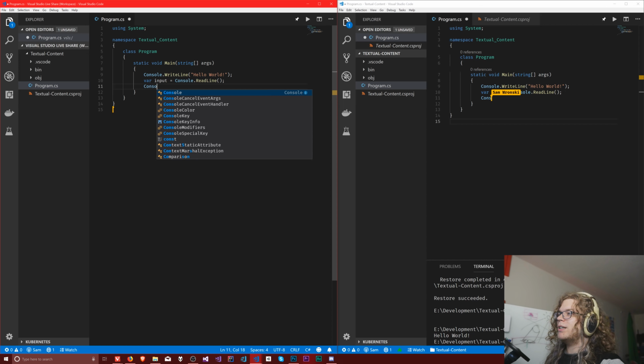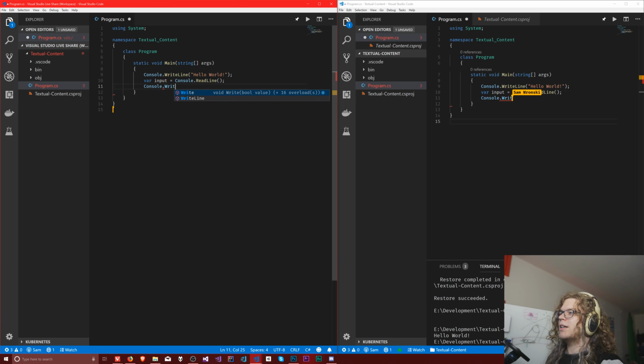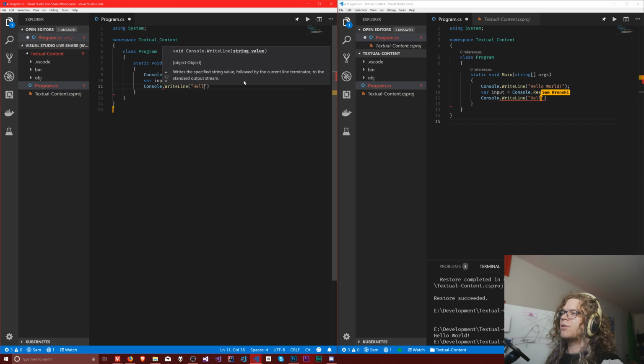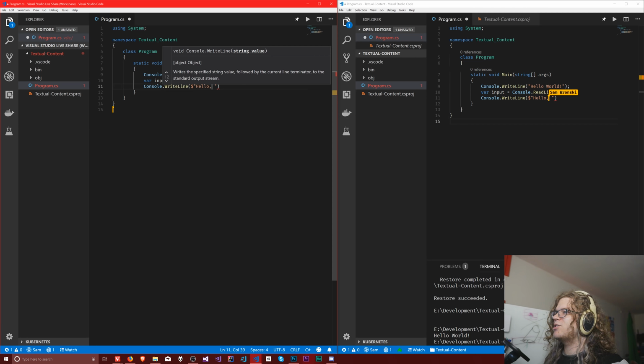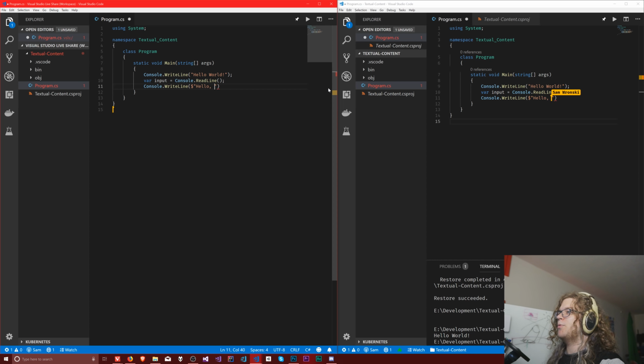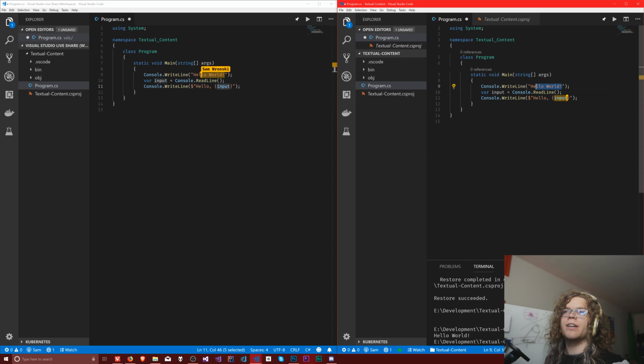And then I can just print out Console.WriteLine, Hello. That is not a helpful place to put that. All right. Am I completely forgetting C#? I might be completely forgetting C#, but we're going to try it anyway. Input. There we go. I think that's right. So that should be an interpolated string, which is going to take the input and just put it there. So instead of that, let's jump over here and just say